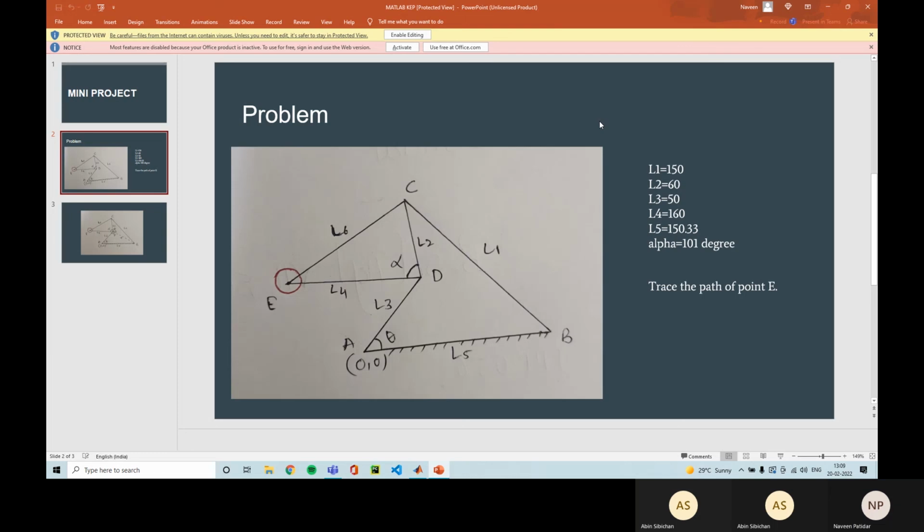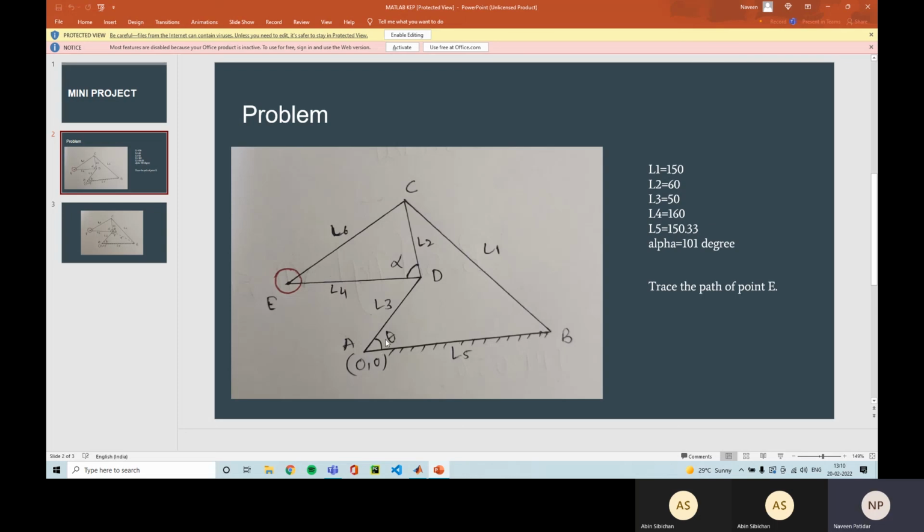So what is given to us here is a 4-bar linkage. This is the crank, this is the coupler, CB is the follower, and AB is the fixed link.